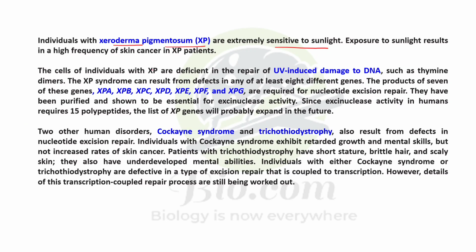The cells of individuals with xeroderma pigmentosum are deficient in the repair of UV-induced damage to DNA, such as thymine dimers. Individuals who have xeroderma pigmentosum are deficient, they do not have the repair mechanism for UV-induced DNA damage. That is, if a thymine dimer has formed,